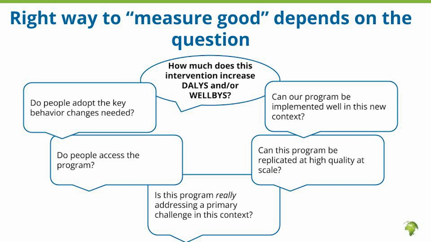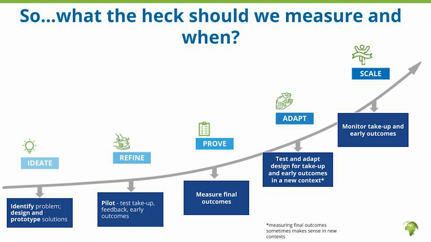So that's one example. There are a lot of other examples here. We can discuss this at our table afterwards, but for the sake of time, I'll move on. The point is there are a lot of questions that go into the quality of the implementation too. So what does IPA recommend that measuring good means? We frame it as this path to scale. So you would look at a particular intervention and try to identify, for the goal that you have and for the context that you're looking at affecting, where is this intervention on this path?